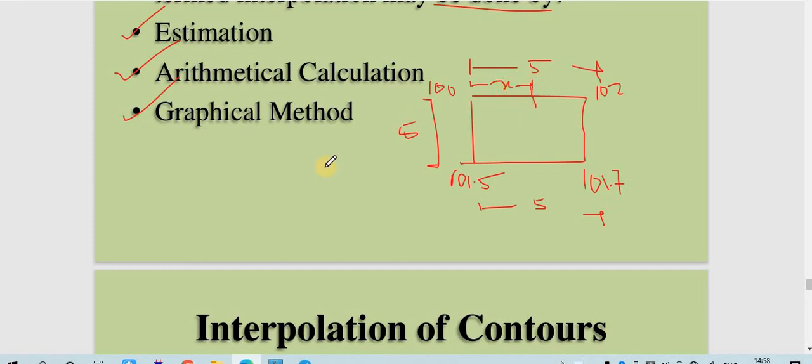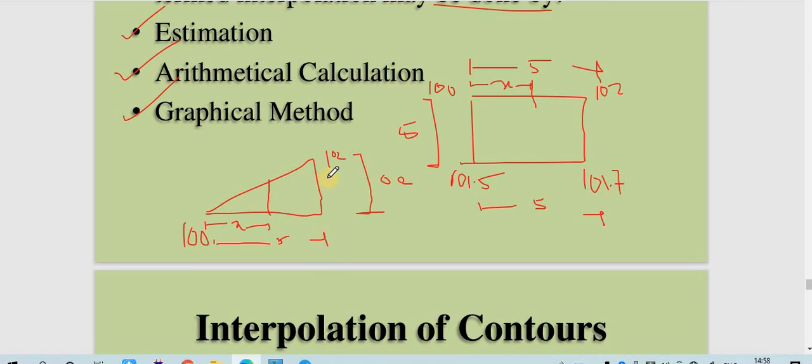For that you have to use a particular triangle like this. So what is this triangle indicating? This is your 100 meter level, this is your 102 meter level. Okay, this particular difference of height level is 2 meter. Okay, there is a line passing, which is at a distance of x, and this is at a distance of